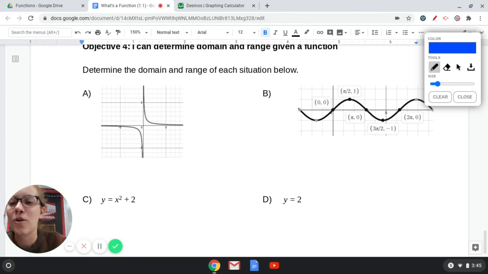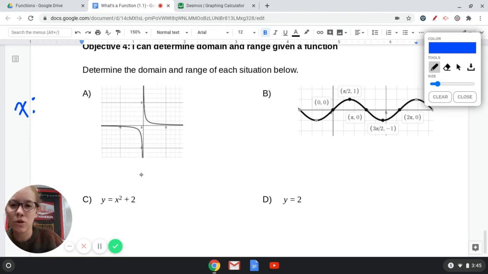Okay, so A, domain and range. Remember, domain are all the possible x values this graph takes on, all the possible inputs, all the possible x values that will get you an actual y value. So let's do x. I'll write it as an inequality this time. So for x, the domain, x can go to the left forever and ever, which is negative infinity,